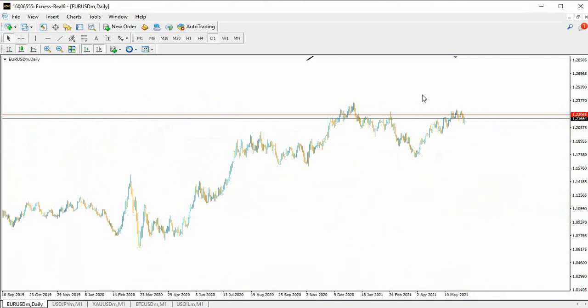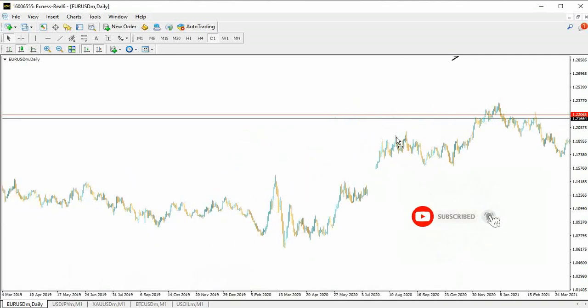So coming to more recent price movements, we see that the market came to this point, rejected, shot down. It came to this point, rejected, shot down, and now price is currently at this moment. So I'm assuming that you already know what you want to do. So let me not waste time. After you analyze,